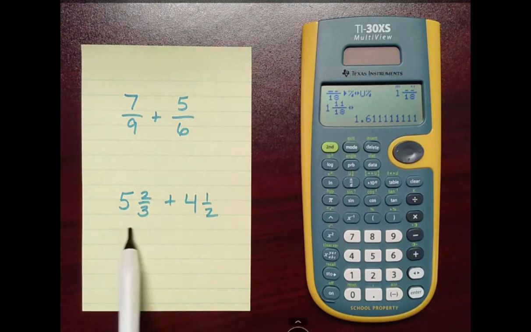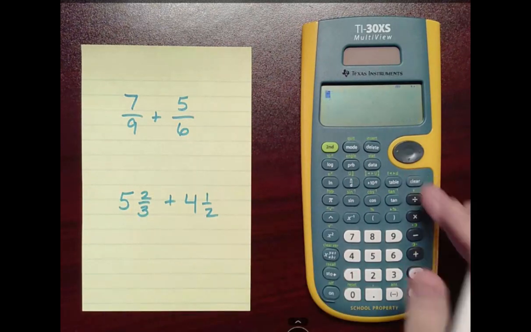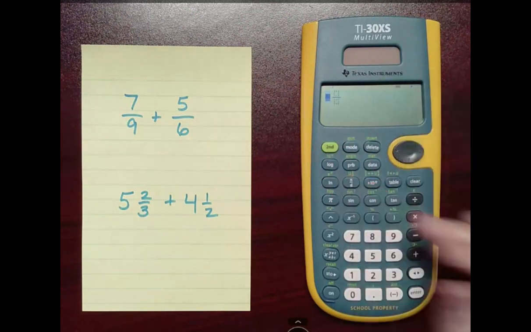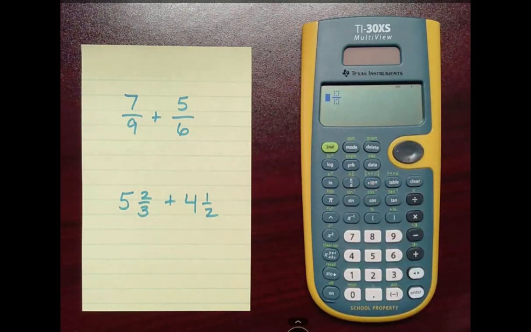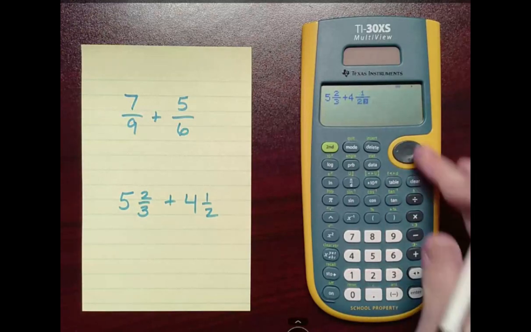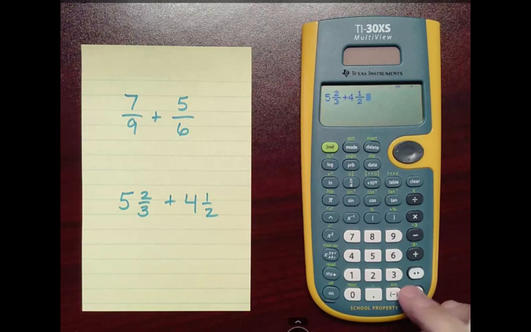Let's do one that has mixed numbers. Clear. To enter a mixed number, we have to use the UND format above the fraction button. Second, and N over D puts our mixed number format in the screen. 5, move over to the numerator. 2, move down. 3, move over. Plus, we have another mixed number. Second, fraction puts my mixed number format. 4 for my whole number, 1 on the top, 2 on the bottom, move over. Hit enter and we get